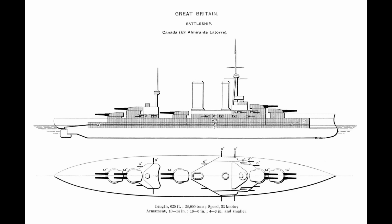Her origins actually lie back before World War I, when Chile ordered two super dreadnoughts, the Almirante La Torre and Almirante Cochrane. Both vessels were still under construction when the war broke out, and both would end up being purchased by the Royal Navy. Almirante La Torre became HMS Canada and would end up seeing action at the Battle of Jutland, whilst the less complete Almirante Cochrane was eventually purchased in 1918 with the explicit intention to turn her into